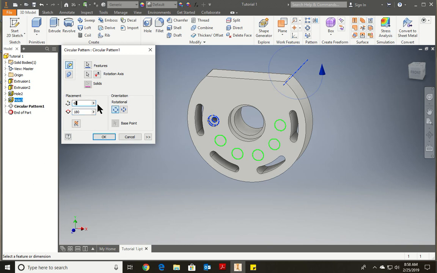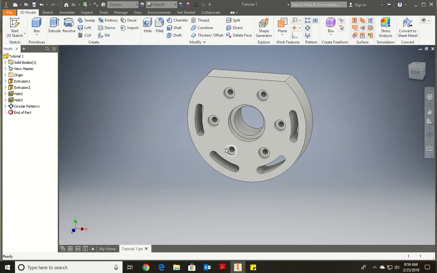and so forth. You also have it following the rotational one, and you could also have them rotate. In this case, it's a circle, so you won't even notice the difference. But if it was a different shape, it would rotate them with the object you're using. If you choose the wrong rotation axis, you just click on it. If you're going the wrong direction, you click on it as well. Alright, so in this case here, we go back to 360, 6, and press OK. We don't really mind about the rotation because we're doing a whole 360